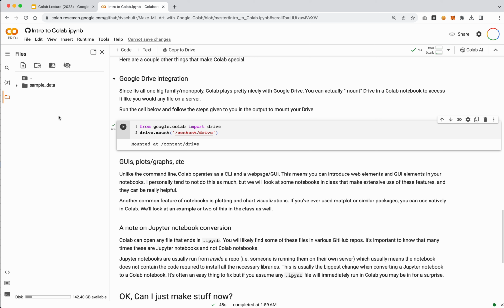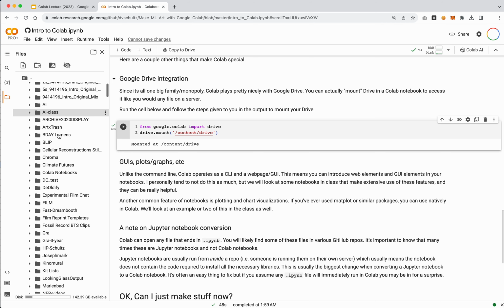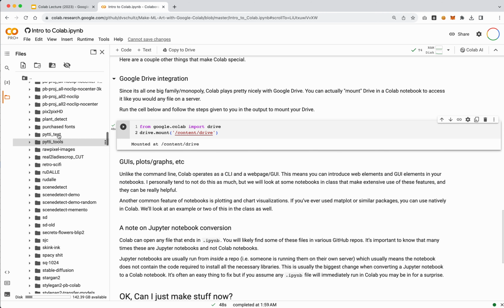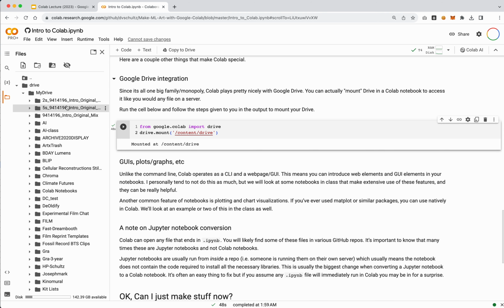Now you don't see Drive yet here, and that's a little bug that usually happens with these Colab notebooks. What you want to do is come over here and hit this little refresh button. And now you see a folder called Drive. And if you click on this little arrow here, you'll see Drive, My Drive. And now here are all of the files, the thousands upon thousands of files that I have in my Google Drive account. And if you connect the same way and connect to your Drive, you will see your files here.